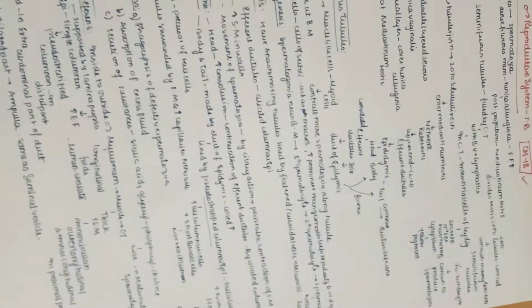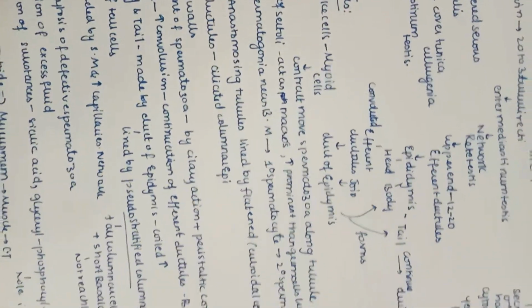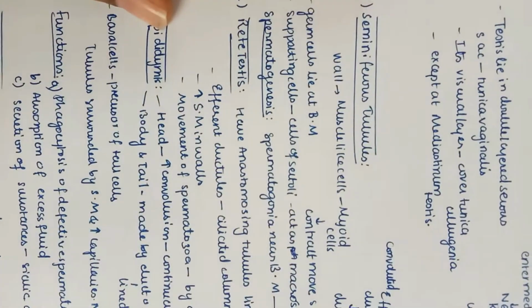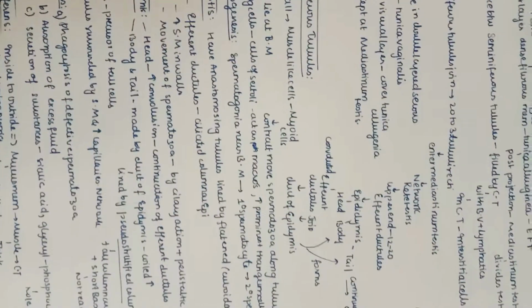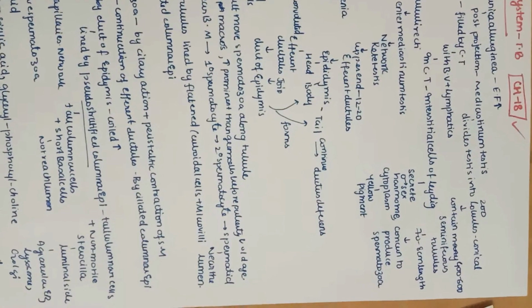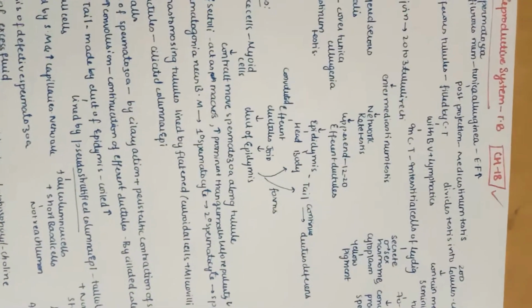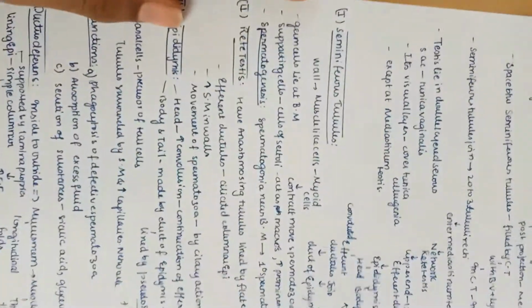The formation of spermatogenesis you can see in our embryology section. The seminiferous tubules have a wall of muscle-like myoid cells which contract and move the spermatozoa along the tubule, and the germ cells lie at the basement membrane, and the supporting cells, the cells of Sertoli, act as macrophages. They become more prominent than the germinal cells, especially before puberty and also in older age, but they are not prominent in the young male. Next let us see the spermatogenesis process in a simpler way.